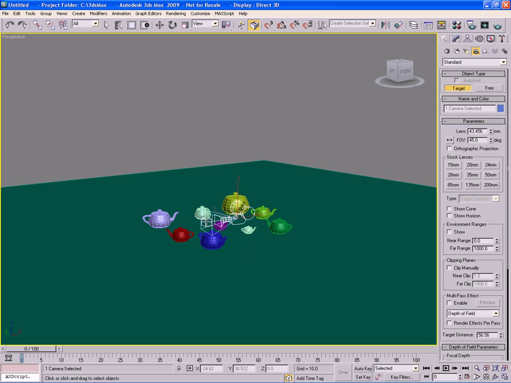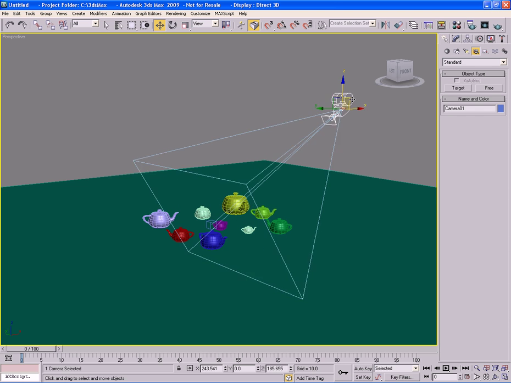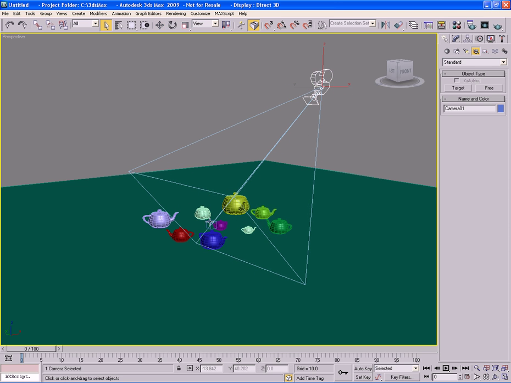Let's go ahead and create the target here, and it works just like when we created target lights in 3ds Max earlier. So place the little target cube anywhere, right click to end the creation process, and then we can move this camera anywhere. And it's always going to face this small light blue cube here, which is the camera target. So that's the target. Now the free camera is the same exact thing. The only difference is that it doesn't have a target point,